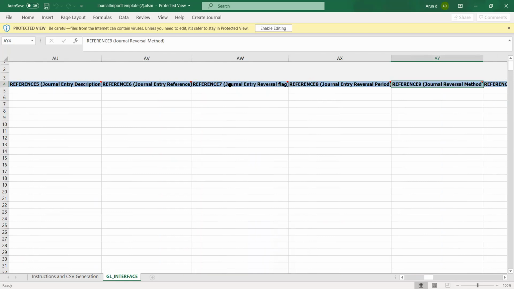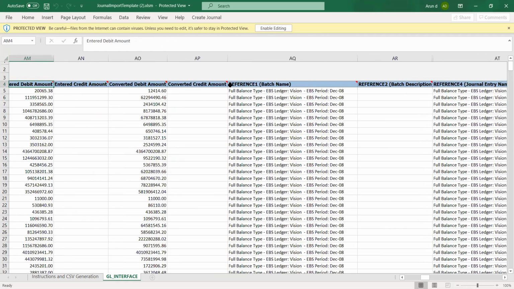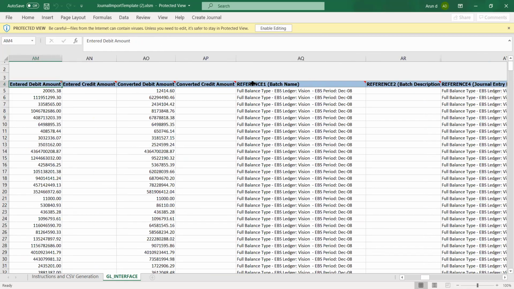Where do we get that from? From the back end, you said? No, not backend; the batch name that we are entering here will be stored under the reference one column. But where do we get the batch name from? What do we give there normally? Let's say we want to enter one line of journal. We can give our batch name.